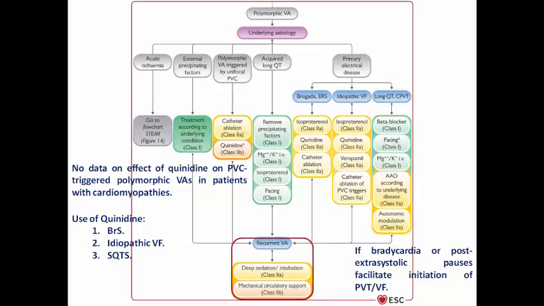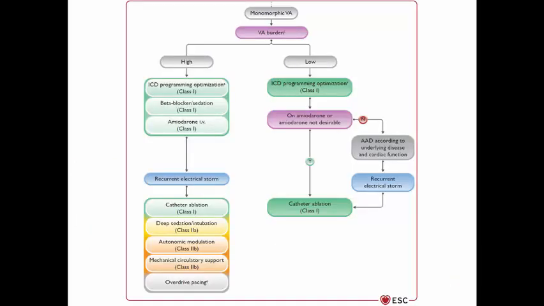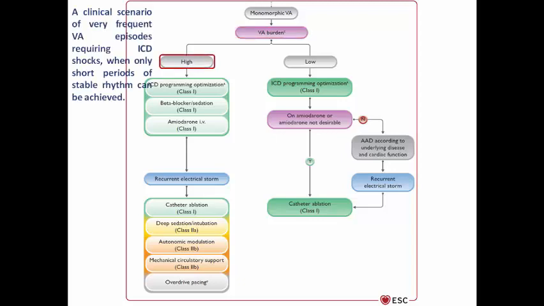If it is still recurrent polymorphic VT, we may go for deep sedation and intubation, and in case of hemodynamic instability, mechanical circulatory support. If it is monomorphic VT, we need to check the VT burden. If it is still high burden, in case of a clinical scenario of very frequent ventricular arrhythmia episodes requiring ICD shocks when only short periods of stable rhythm can be achieved, you need to go for ICD